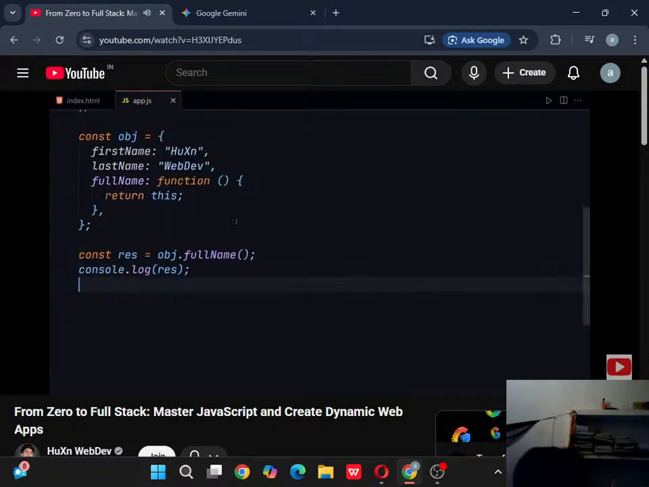So what do you think will be the result of this code? If I run this code, what do you think will be the result? First of all, I want you to notice that this keyword